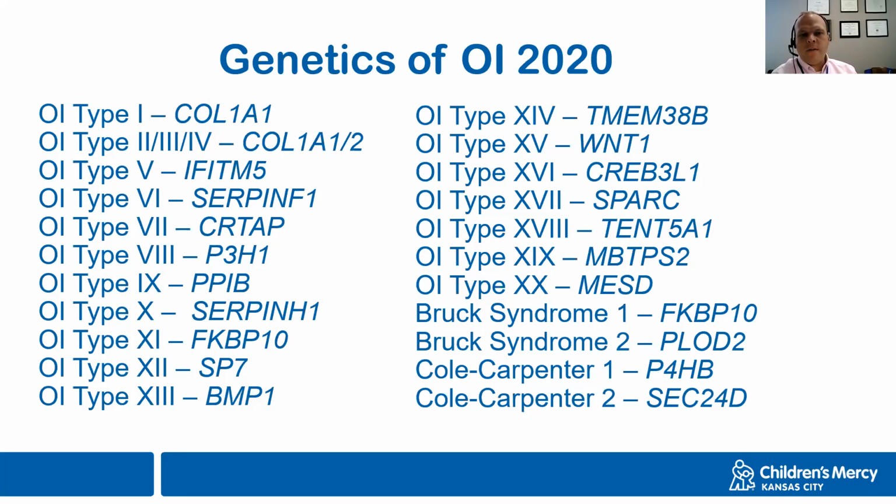Because if we'd been having this conversation in 2005, we would say, yeah, there's these two genes, these two procollagen genes, and then there's a handful of these patients that we really can't characterize as present. Some of them have a phenotype that's a little bit different. Some of them seem to be reading from the typical OI playbook. But we've really done a lot of work over the last 15 years to answer some of those questions, and that's extremely exciting.